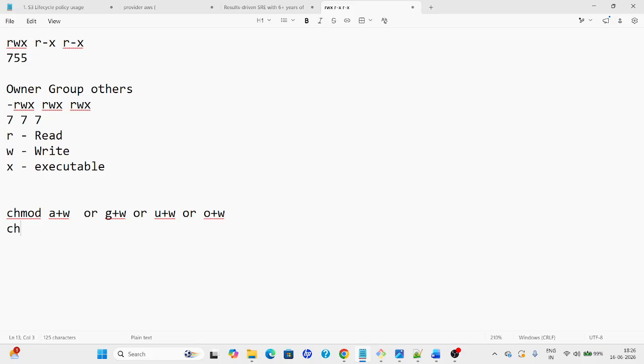Same like that, we can use chmod a plus r for read permission. And if you want to provide the executable permission for all, then we can use a plus x. And if you want to provide particular permissions for the file, for example for the owner you want to provide all the permissions, like 7, then for group and others only read permission,